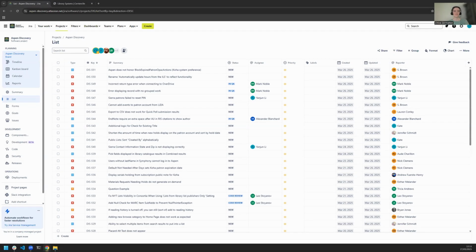I'm Chloe. I'm one of the developers with OpenVIF, and today I would like to do a walkthrough of how to create a new Jira ticket for Aspen Discovery. More specifically, I'd like to look at how to write a new bug report ticket for cases where you've found a bug, something that isn't working like it should in Aspen, and you'd like to report it